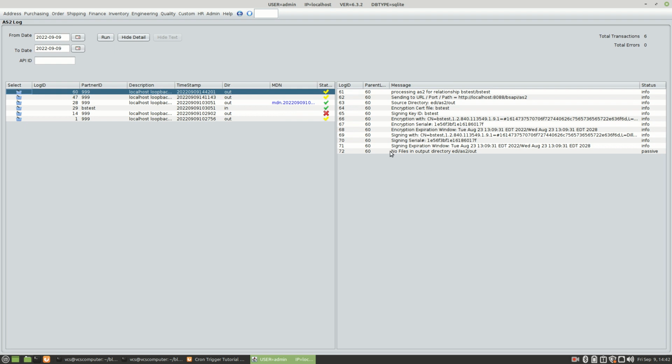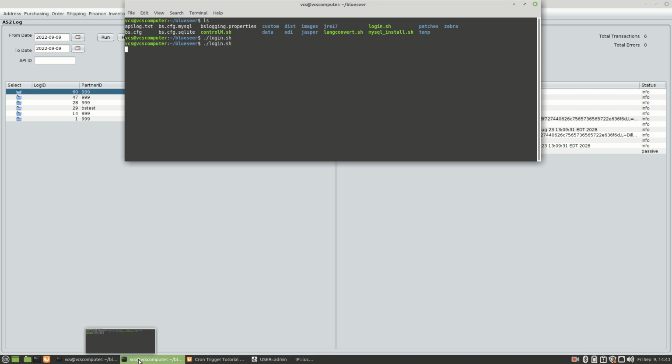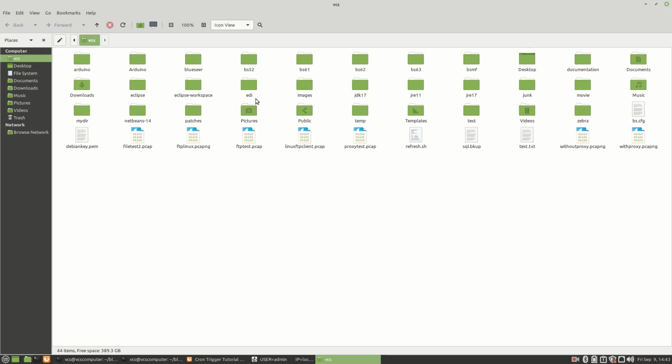So it tried to push out a file, but it says there's no files in the output directory. So what we can do is go put a file in that output directory while we're waiting on the next event, which will be in 2 minutes. Where am I at here? BlueSeer,